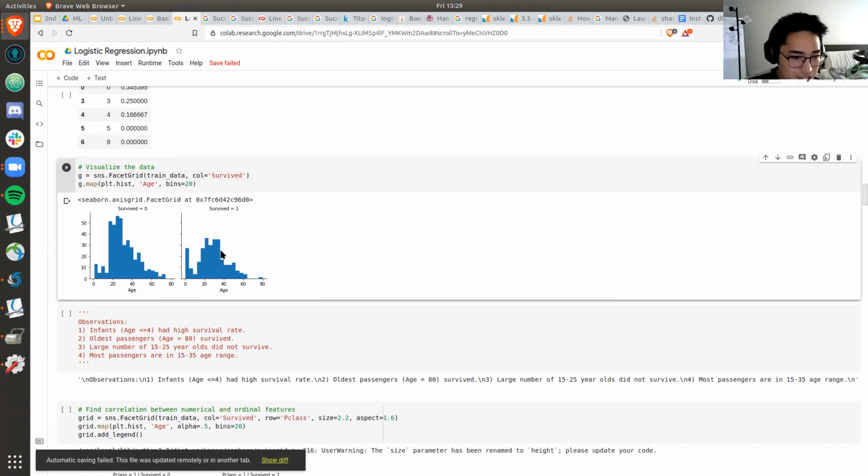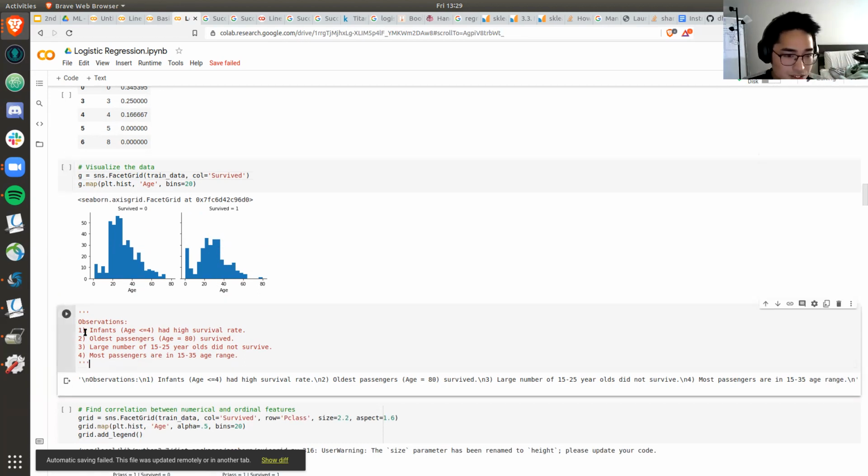So in this case, we can see from some observations that infants who were less than 4 years old had a higher survival rate, as you can see right here. If you compare survival equals 0 to survival equals 1, you can see that a lot more infants survived.